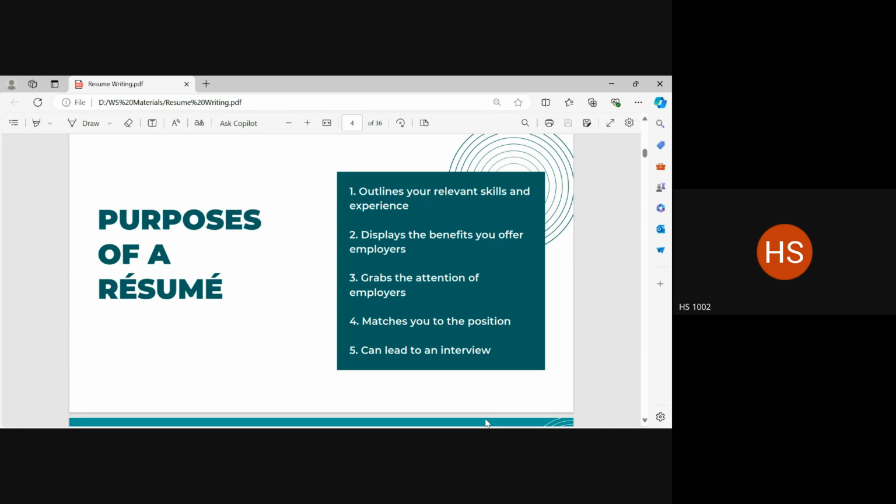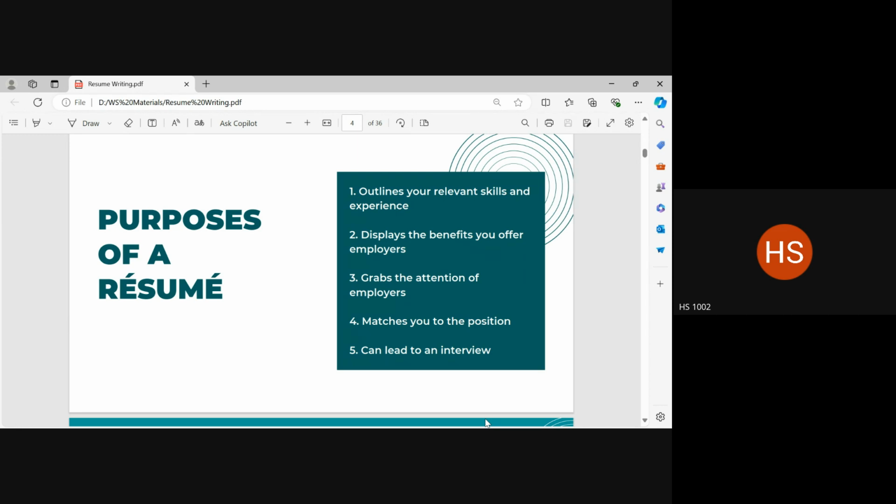It should display to the employer that there are certain benefits in hiring you. If they hire you as an employee, then their company will enjoy certain benefits as a consequence of that hiring decision. It should be able to grab the attention of an employer. Now, you don't do this with the use of colors or graphics. Rather, you do this by highlighting things that are relevant to the employer and to the job description.